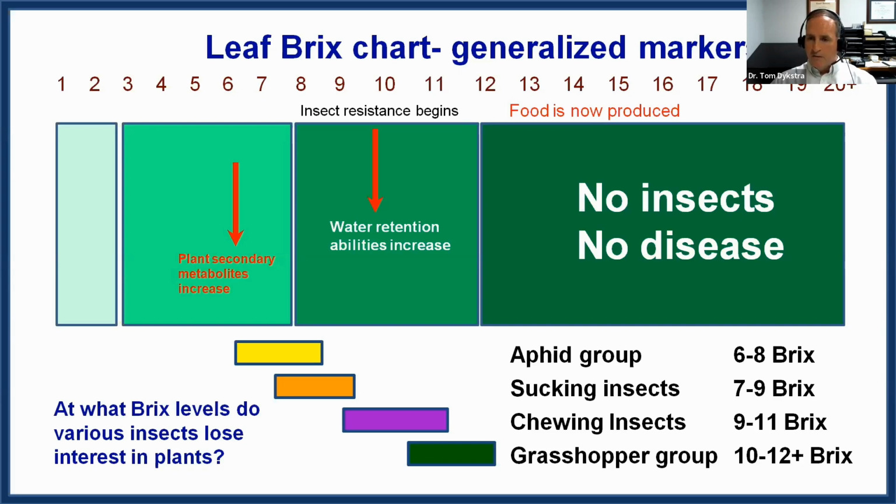Often when I'm out and I see aphids attacking a plant in earnest, certainly hundreds of them, maybe even 1,000 on a plant, I know I'm going to be looking at a 3 to 5 brix plant. And that's just the way it always turns out. So the aphids are really going after the lowest quality plants. So these groups are just the beginning. There are 1 million species of insects, but we get an idea.